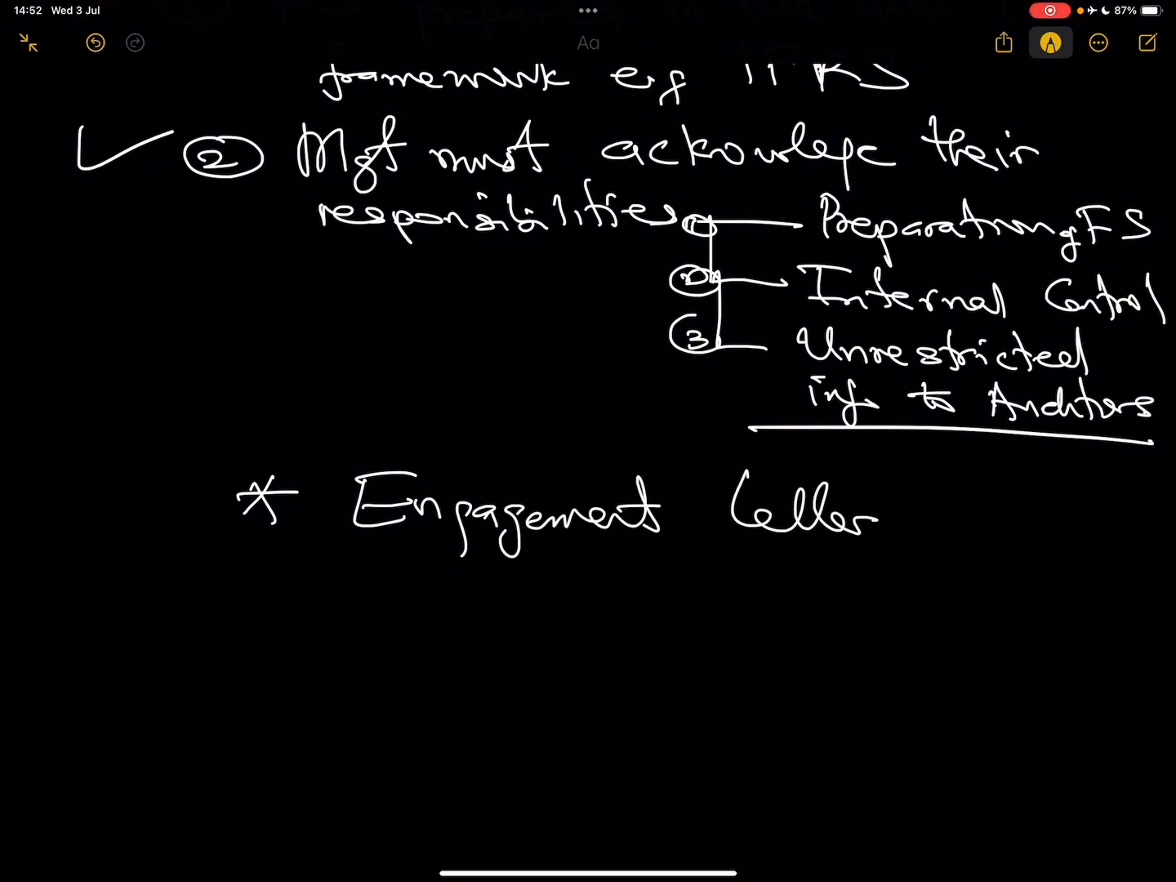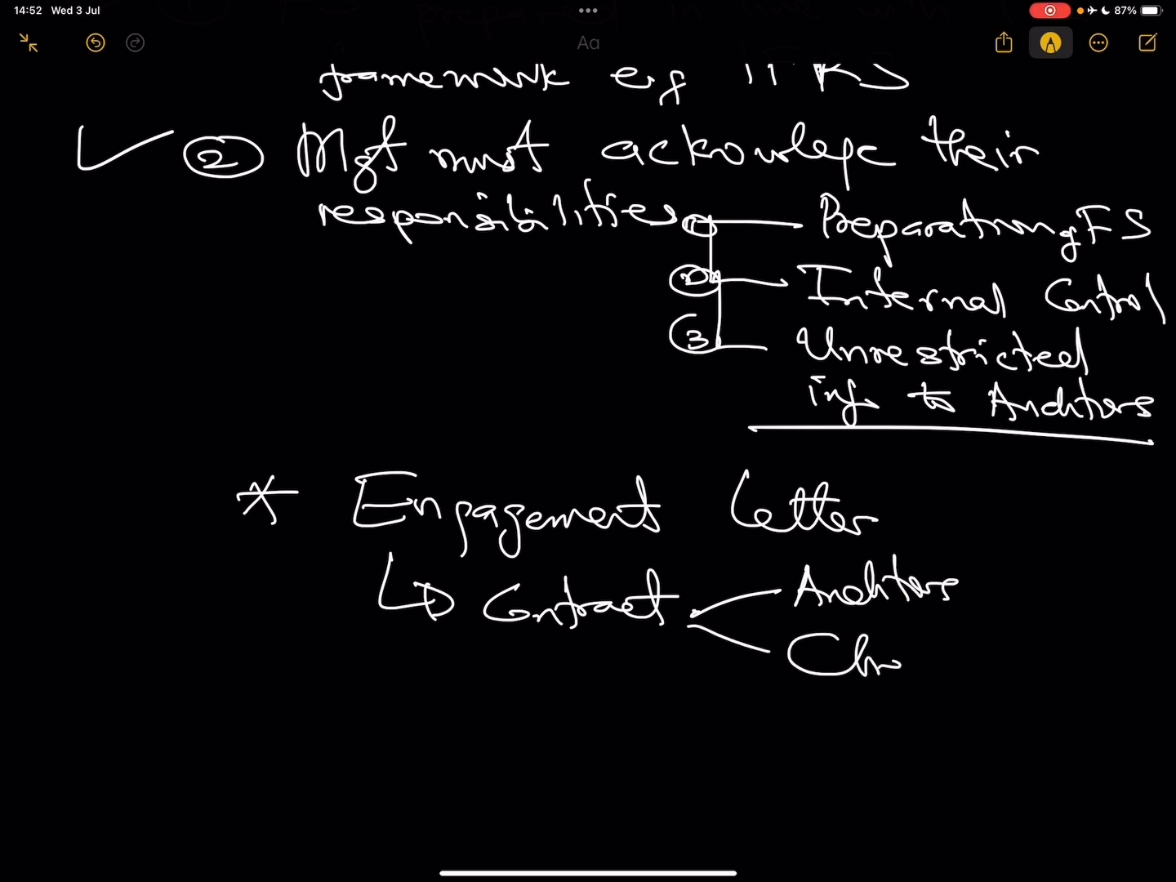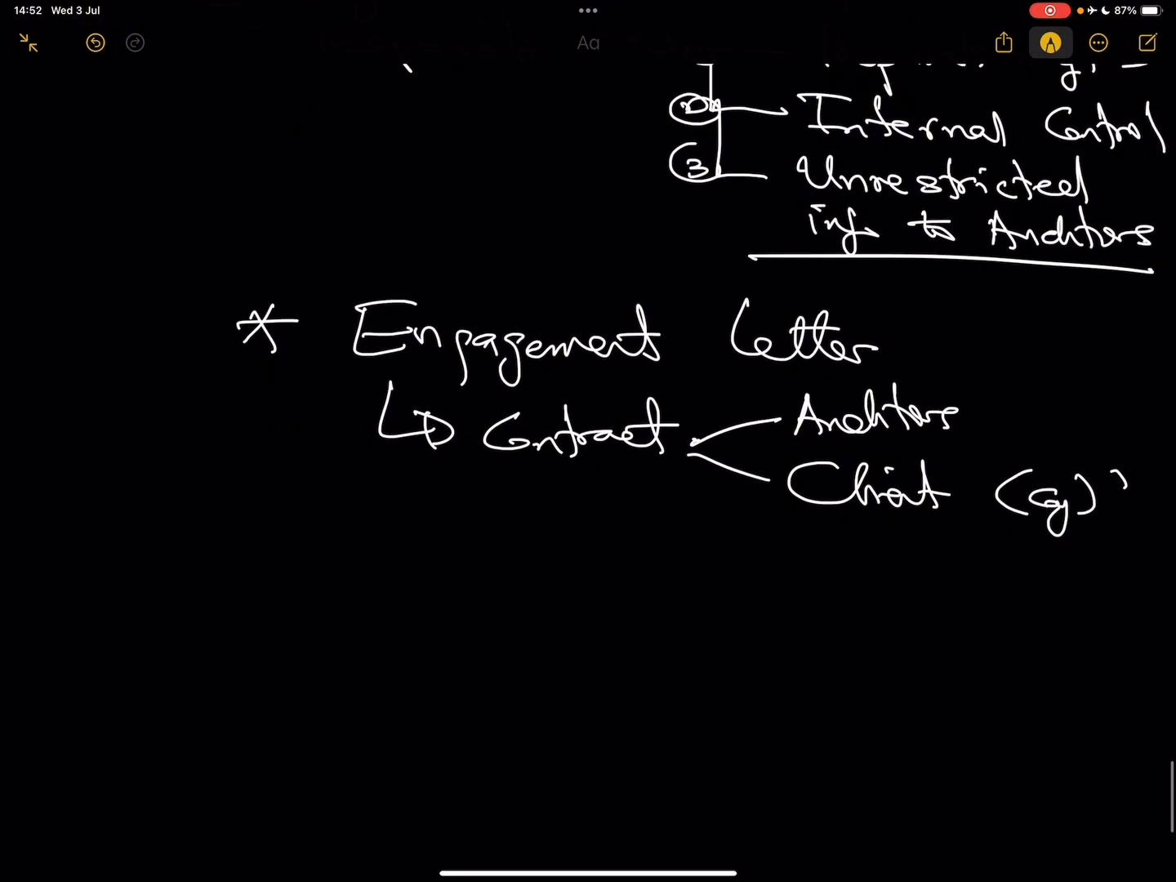Engagement letter is just the contract between auditors and the client. The client is the company that we want to audit, remember, right? So they must sign the contract. And you do this to reduce misunderstandings, and at least you have a legal basis for payment for that service,